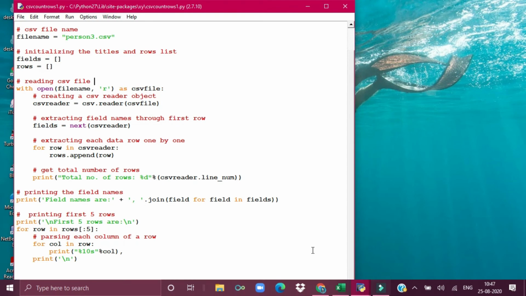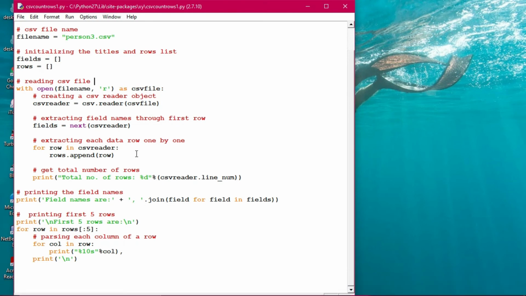Suppose I'm giving the file name, initializing fields and rows. With open file name, it is giving a little error. Person, I think it will be taken, no matter.